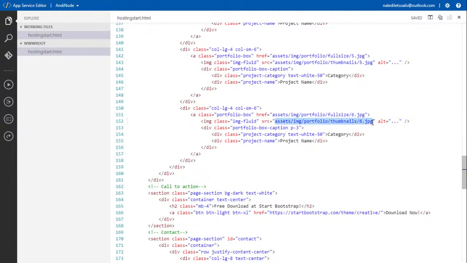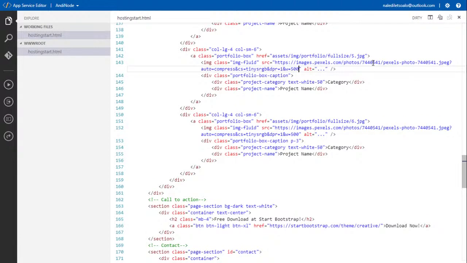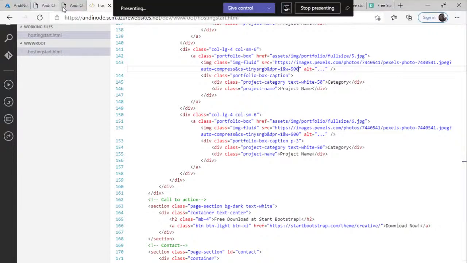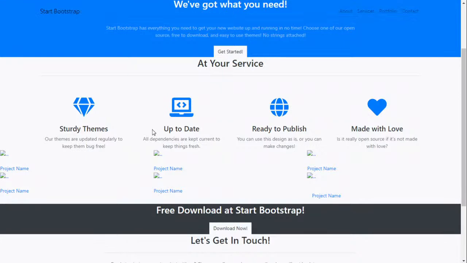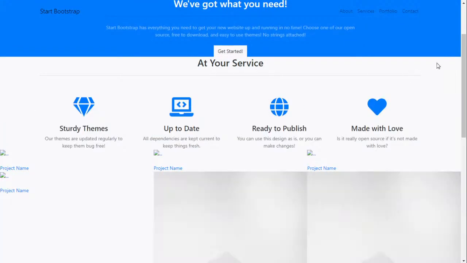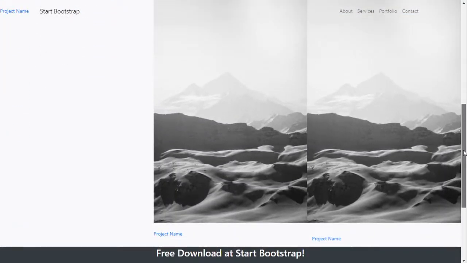Okay, so we changed that one. In fact, let's also change this one, img source, where we're getting our image from. There we go. Still dirty, so it's saved. So I think what we should see is two images. Exactly the same, but two images nonetheless.